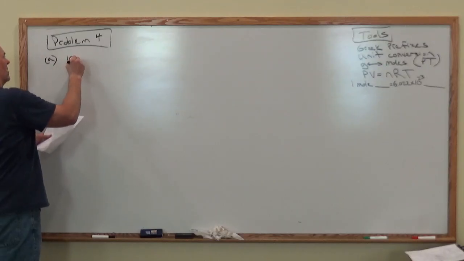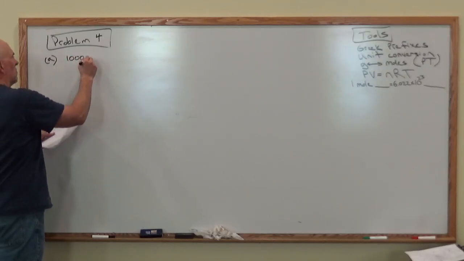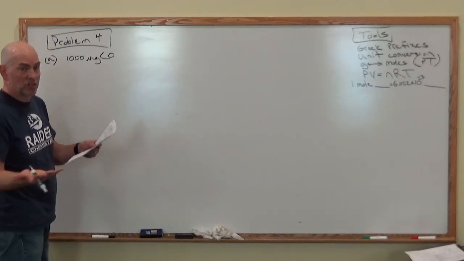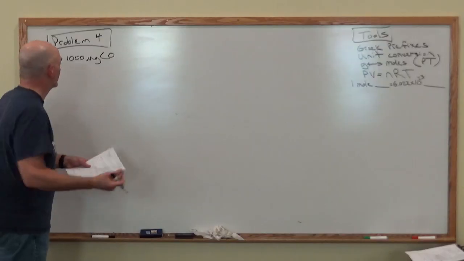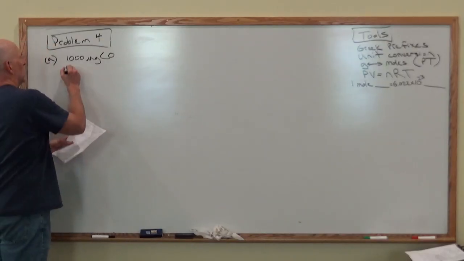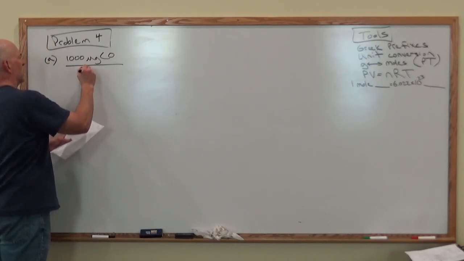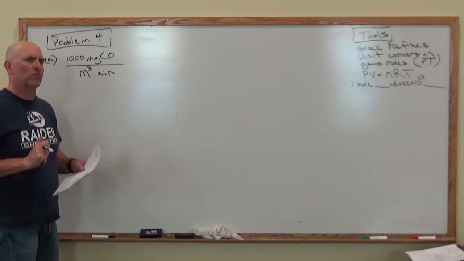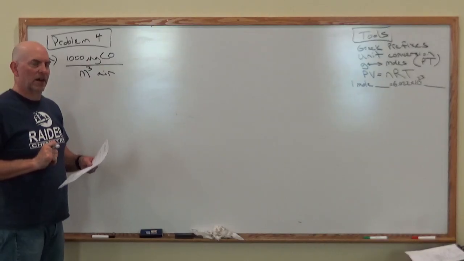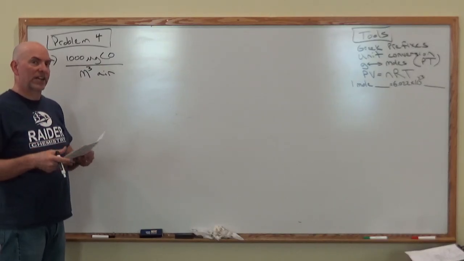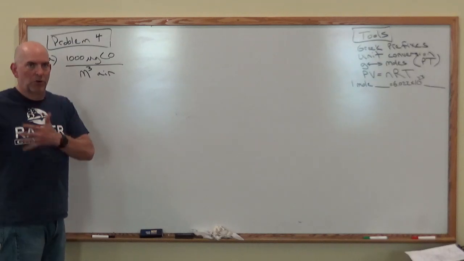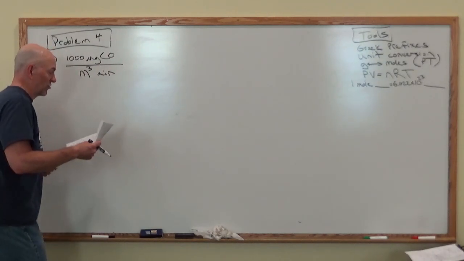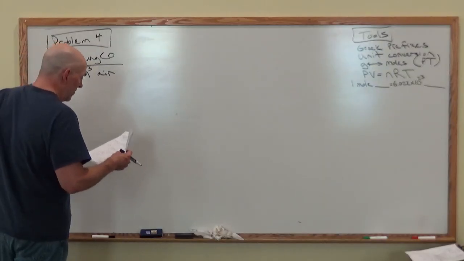So we have 1,000 micrograms of carbon monoxide, so we're going to need the molar mass. It's about 28.01, carbon plus oxygen, per cubic meter of air. Cubic meter is a pretty typical volume when you're talking about, especially, indoor air quality. Airflow is often measured in cubic meters per second, and that's how airflow works in an industrial setting. And then